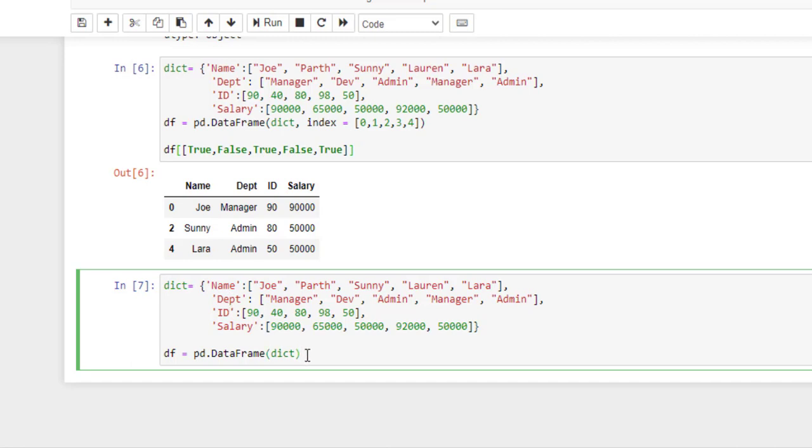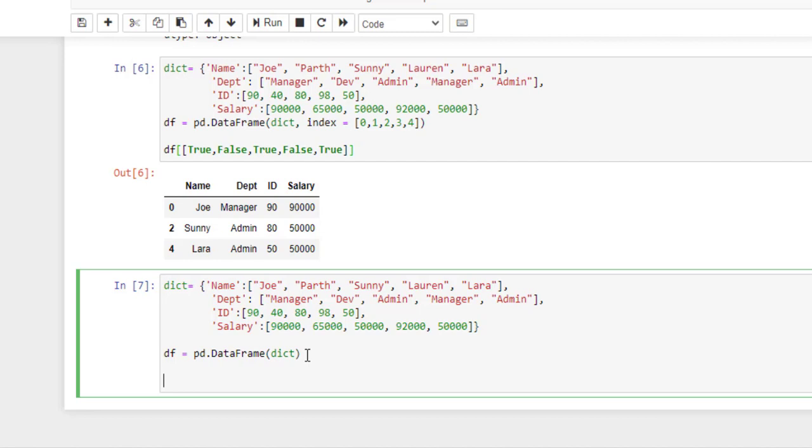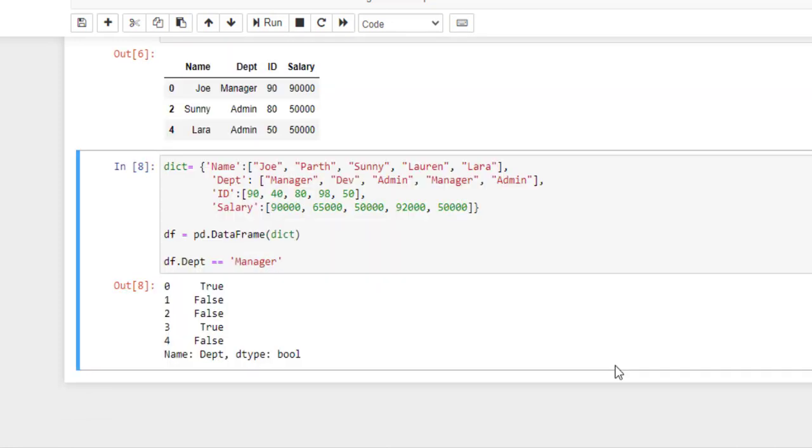Now we will understand the masking of data based on a column value. For that, let's understand with a condition where we will filter the data in which department is manager. For that, I will apply a condition where df.department, which is a column name, equals manager. Let's run this. Here we got a series which returns true if department is manager.